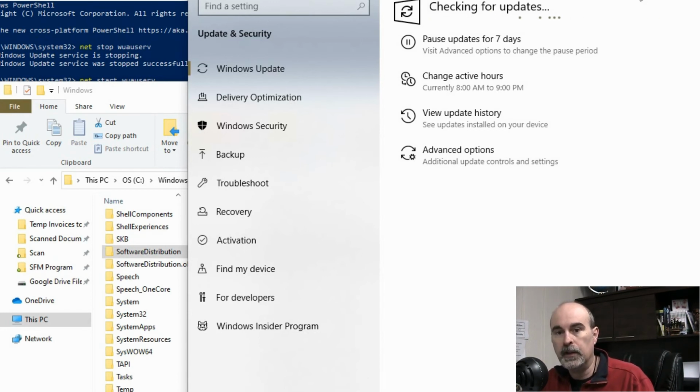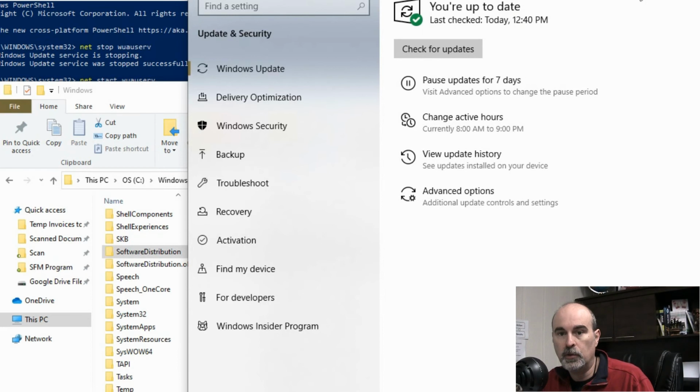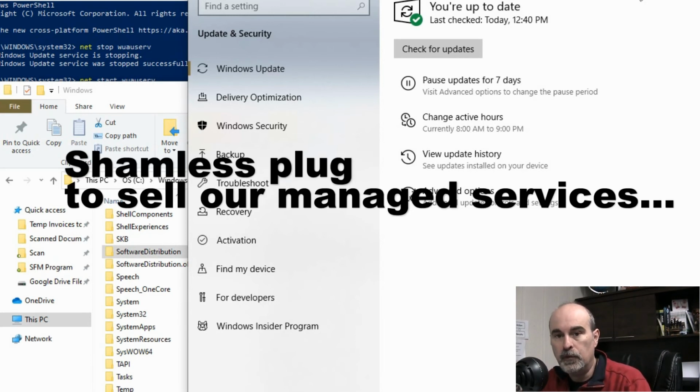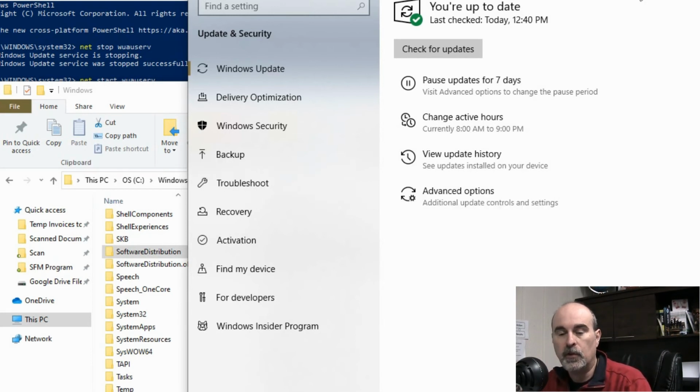But one of the things that we look at when we do preventive maintenance, we have our monthly maintenance that we offer to our corporate clients, and we can see here it's finished checking now and it's fine. But if you aren't sure what you're doing with this, or you're not confident that you have all the updates, because in this case it's saying going back to December 12th, we're not sure, that's a little bit far back. It's almost a month since the last quality updates, and it's been a few months since the last big feature update.